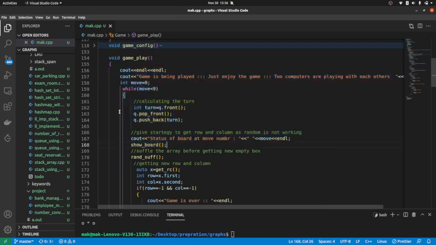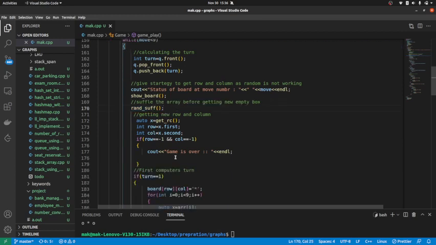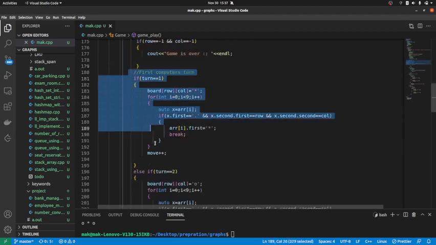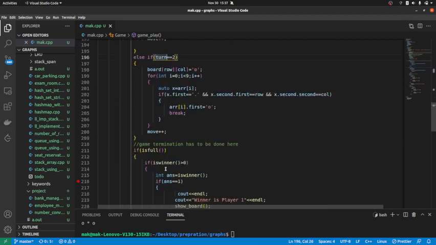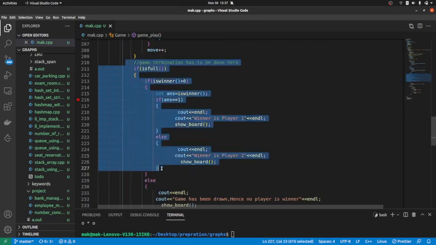So from the start, the logic I was talking about: here turn will take the turn of the player, again pop from the queue and push back to the queue, because next time we'll take again from the front of the queue. Okay, so now again I will shuffle randomly, and here I am getting the row and column randomly. Okay, so the above function I have shown you, and once the row and column are -1, we'll see that the game has been drawn. Here according to the turn we'll set the logic. Okay, and this will predict the winner of our game.